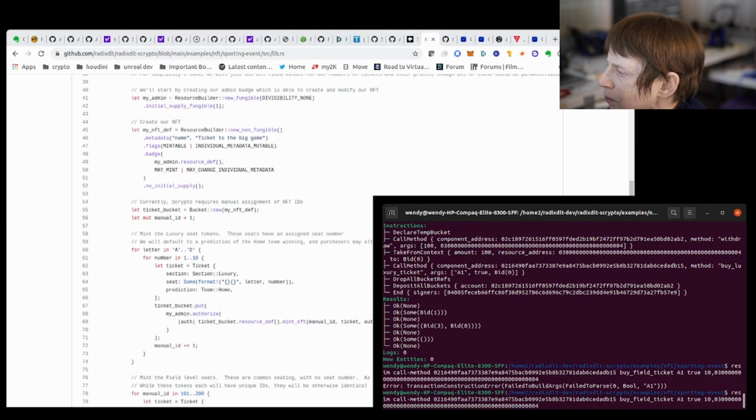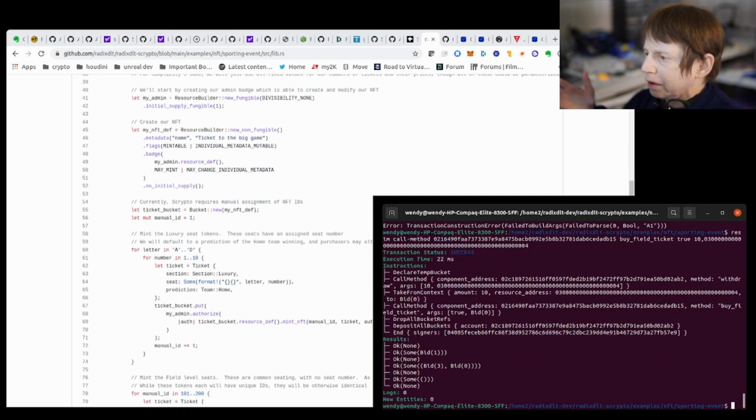Oh, I didn't get rid of the A1, which we don't need. There we go. And there you go. You bought your field ticket.